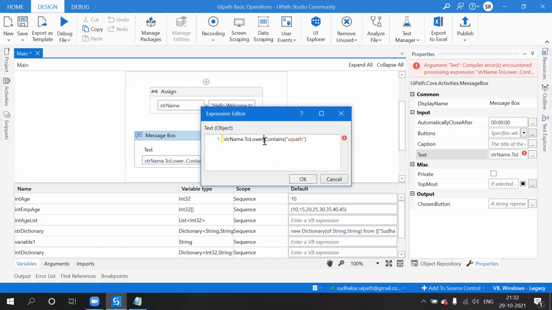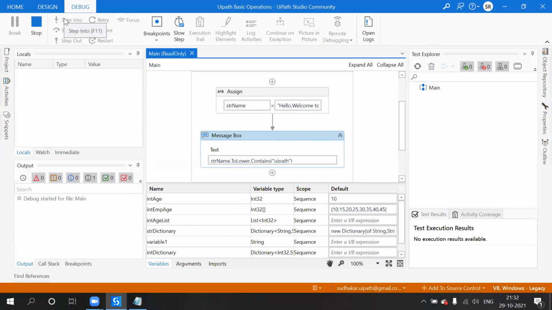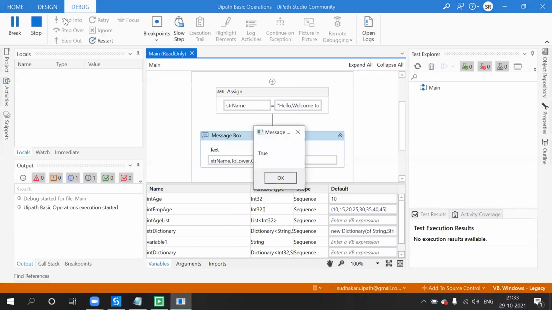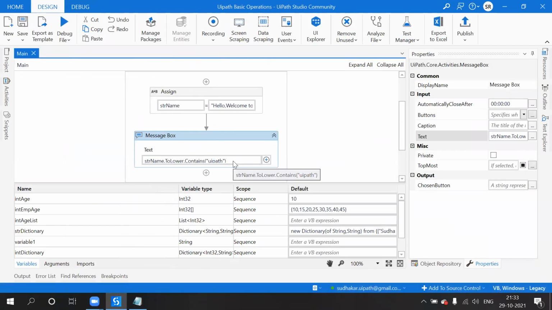Sorry, there are two dots. See, these are all very important. Whatever contains, okay. See, now the string is there, that's why we got it. So what is the result of this contains? They will ask you in an interview if you are using any contains, what is the output of that? The output will be Boolean. Boolean is of type true or false.